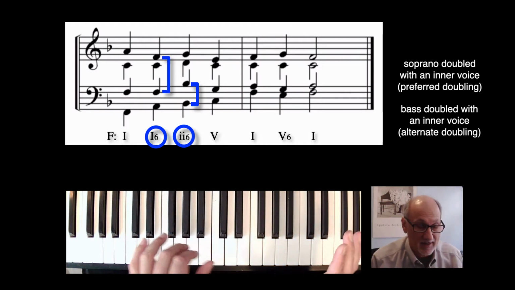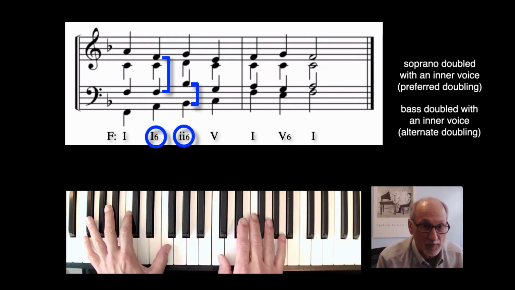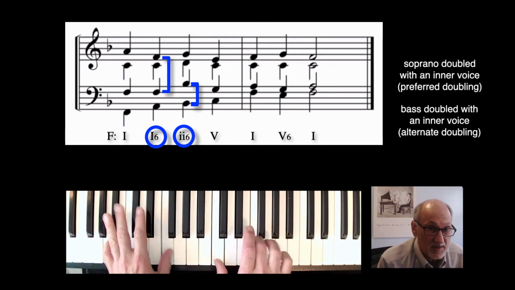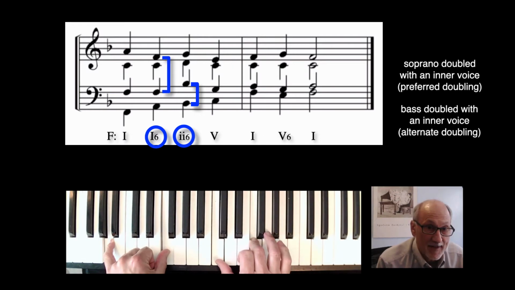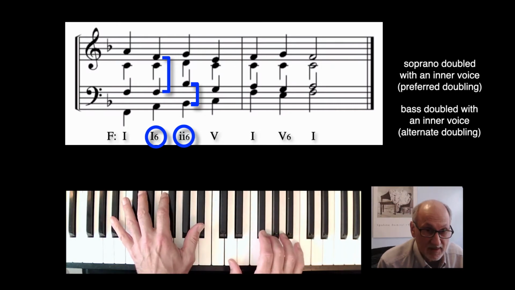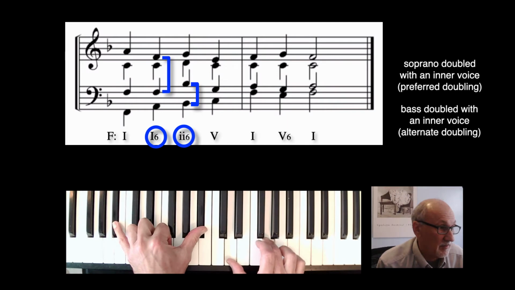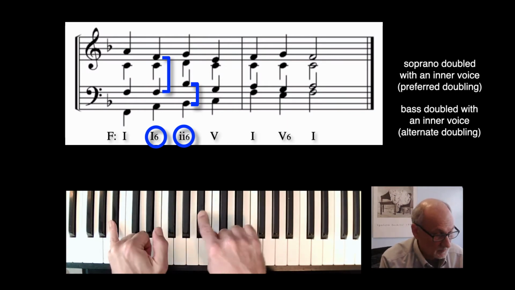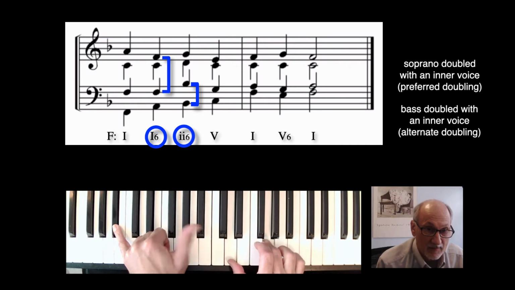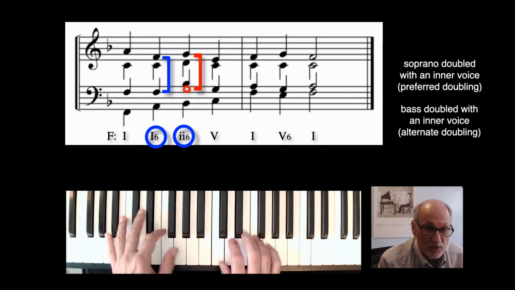So let me show you that again. Here's from the beginning of this example. The 1 chord is going to a 1/6. Now, the next chord is a 2 chord. The 2 chord is G, B flat, and D. But it was voiced like this. B flat in the bass, so it's first inversion. But you notice that what we doubled was the bass with an inner voice, which is also allowable for these kinds of doublings. If you had doubled the soprano in those 2 chords in a row,